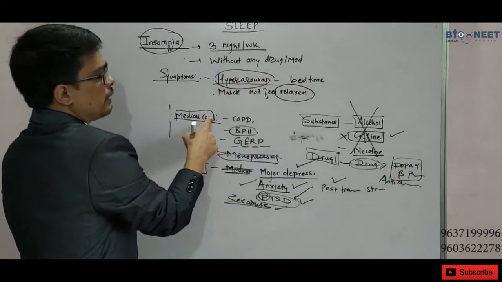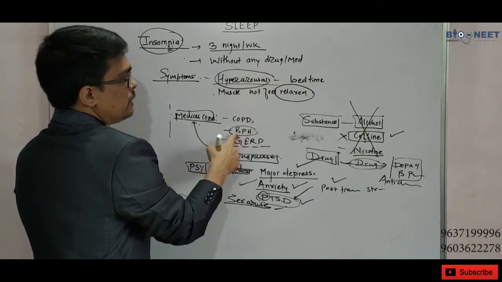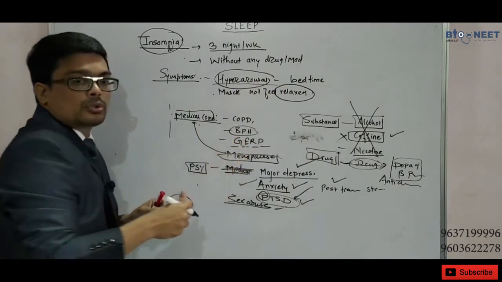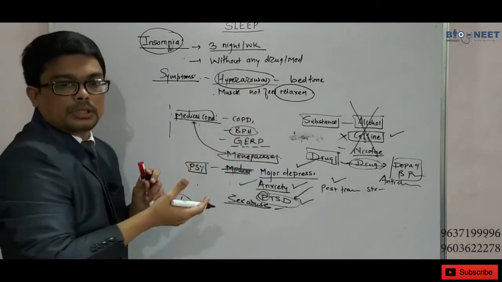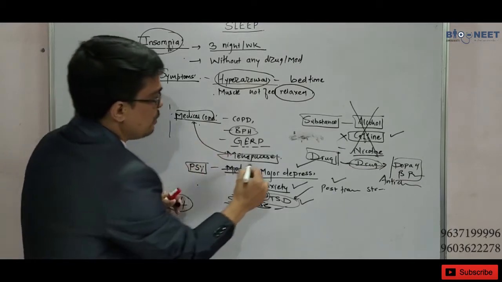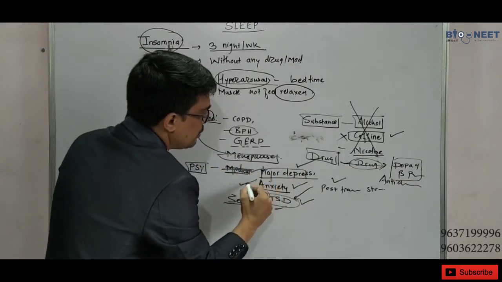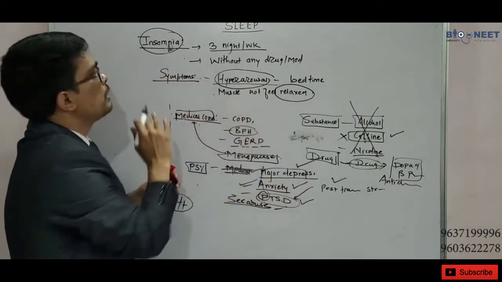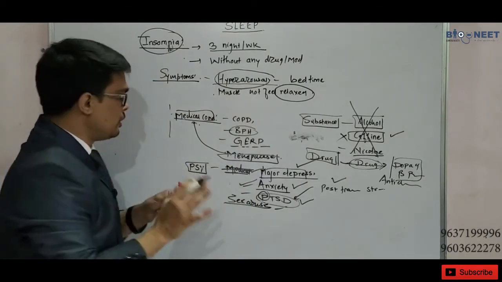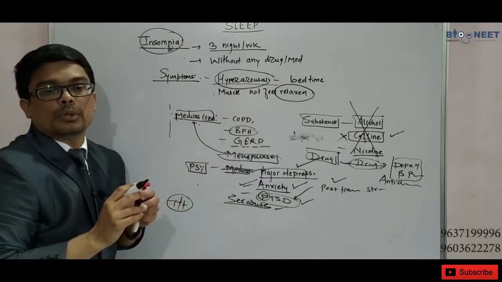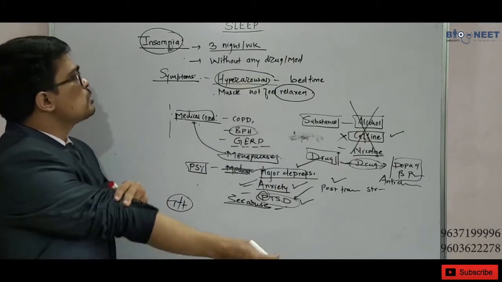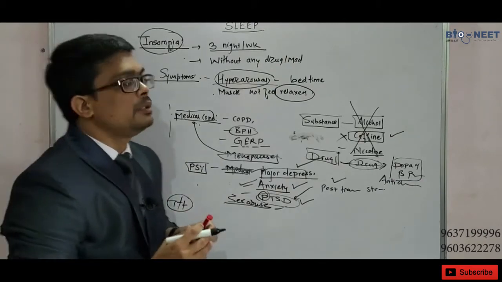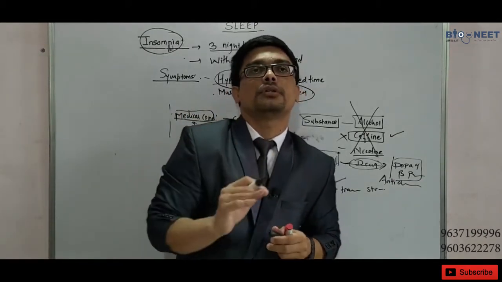What about the medical conditions? COPD, BPH, GERD, menopause. Here you can change the lifestyle. Major depression, you have to treat the major depression, anxiety, and that's how you can treat the insomnia. But still, you can use certain drugs for insomnic treatment, right? So what is the most important drug used for insomnic treatment? The first drug is very important. That is